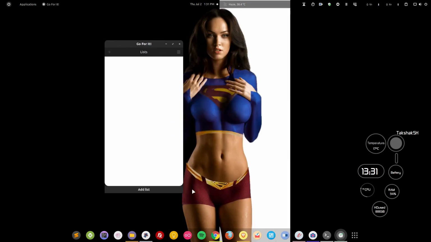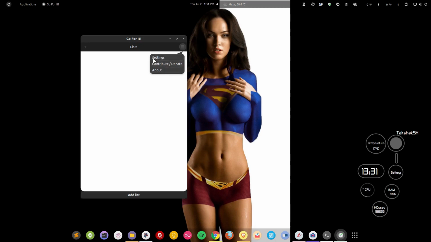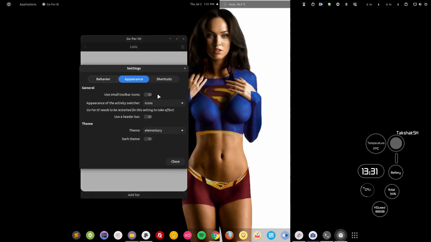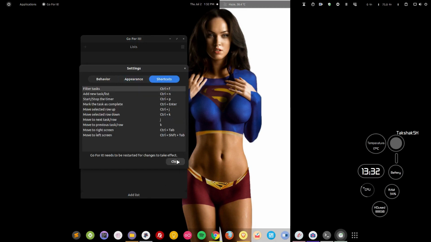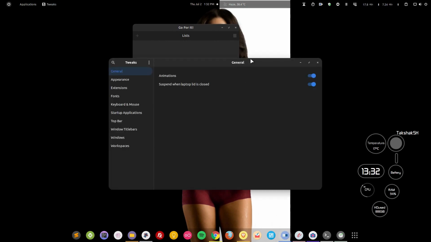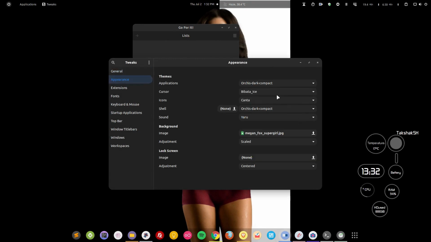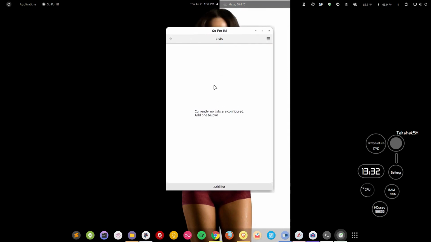So you can see this is a simple looking application, and here are the settings. I can simply go to the appearance and I'm going to select inherit from GTK, use the header bar, and that's it. So I'm just changing some settings here. So the application is this. I think the contrast is not correct because of the theming in my system, so I'm going to change to a light theme here to give you more perspective over the application. So this is the application here.